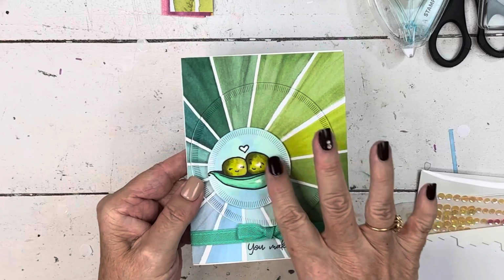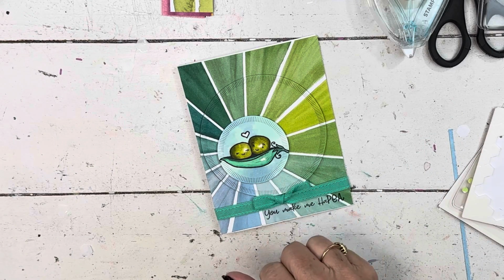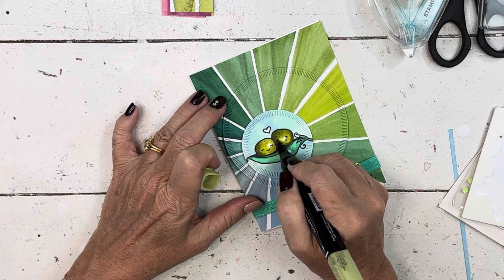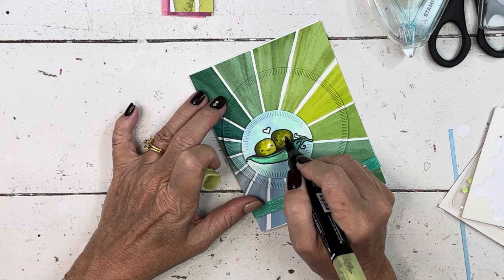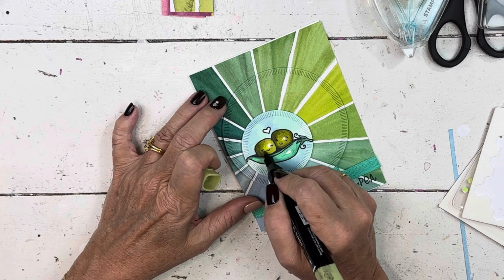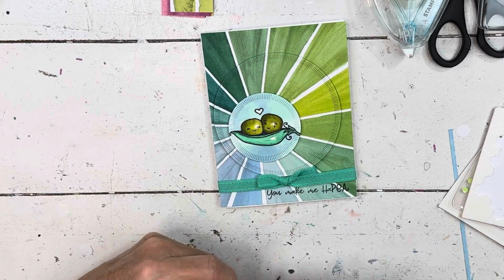Don't you love how the background of this just blends right in with those? And you can do that with the blend. I'm going to darken up my piece just a little bit. Let's get our light olive. A little bit too much white space on him. Sometimes I have to force myself to stop because I like coloring so much that I could just keep coloring